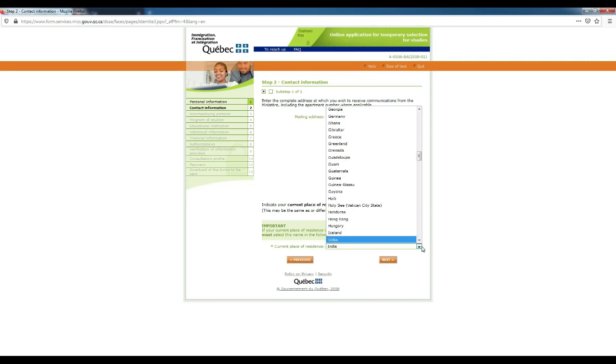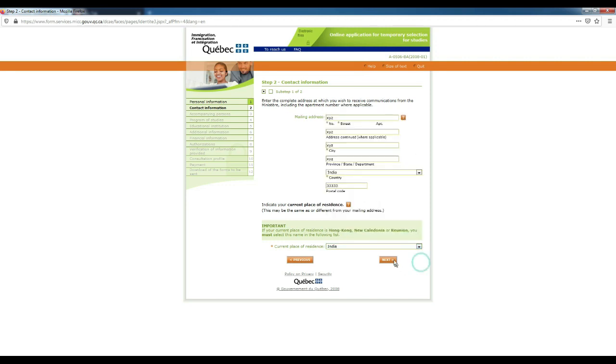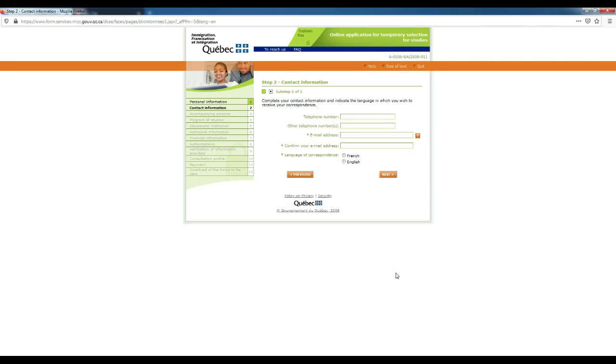Select your country over here, because this is again mandatory information. Click next. Now here you have to mention your contact number. You'll be getting your updates on this number as well.